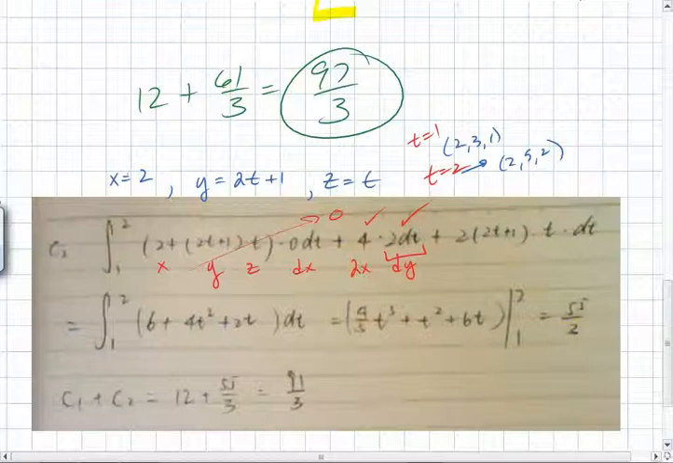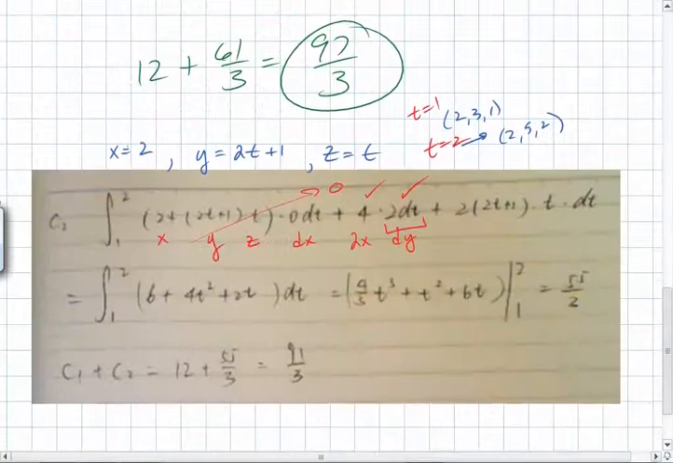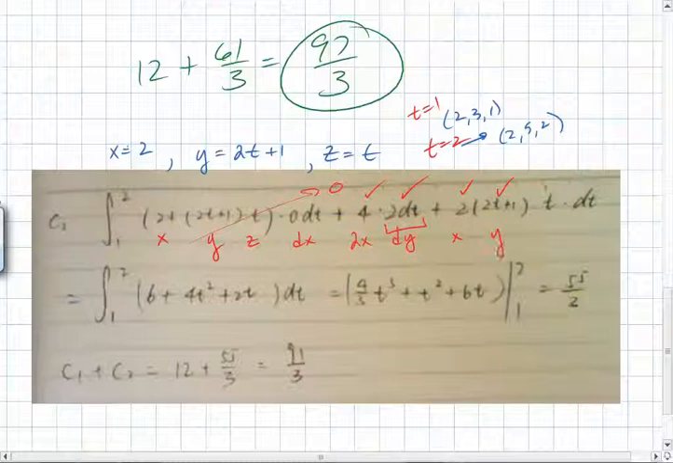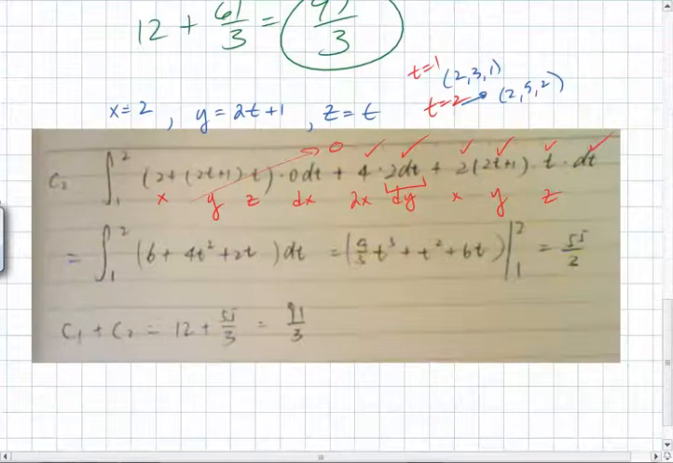Seems like it. And then you did, let's check here, x, y, z. So 2 is x, 2t plus 1 is y, and z is t. And then it's supposed to be dz. So it looks like you set it up correctly. So now it might just be a matter of